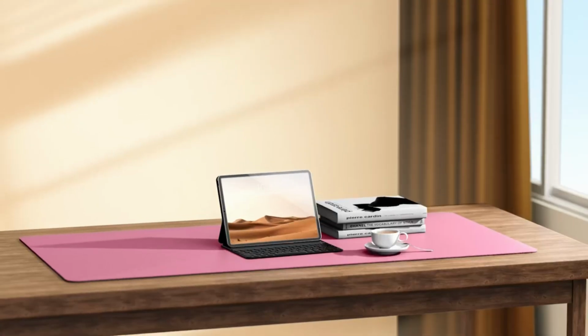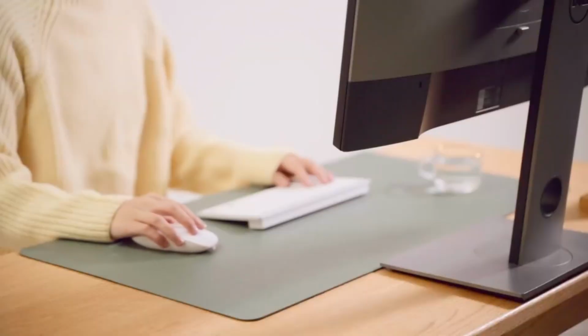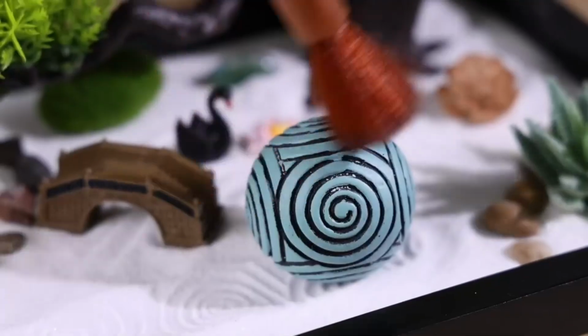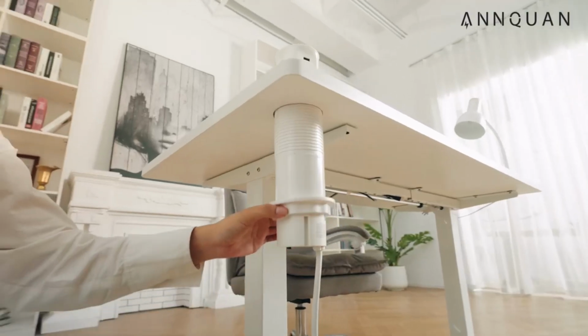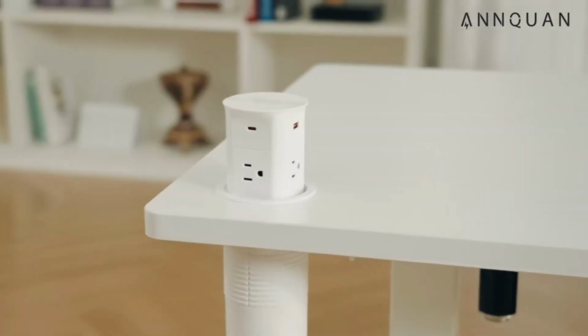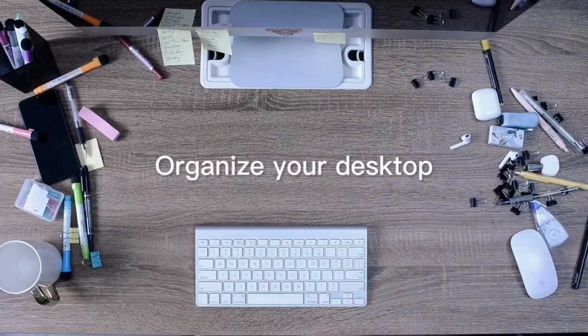Creating the perfect workspace in 2025 is all about having the right gadgets that make your work smoother and more enjoyable. Whether you're working from home or at the office, having the best tools can really make a difference. I have listed the best 20 gadgets that can help you boost your productivity and keep your setup looking clean